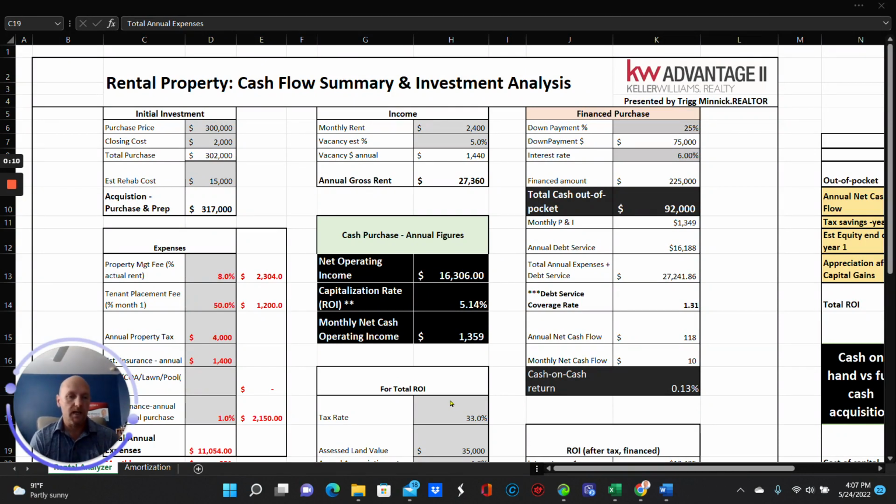Anyway, we are here today to discuss how we analyze rental properties from a cash flow summary and a complete investment analysis. And by that, I mean we're going to go beyond the "oh, we need 1% of our purchase price in our monthly rent." We're going to go well beyond that. We're going to look at the effects of tax savings through depreciation and interest and how we can calculate that, and show you why, even though a property may not cash flow well, it could still be a great long-term